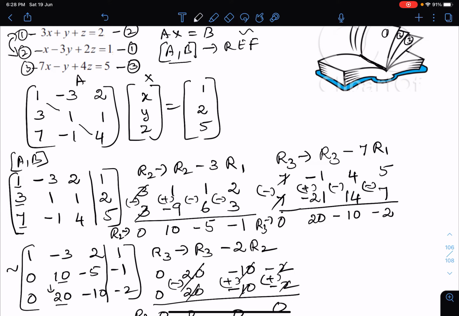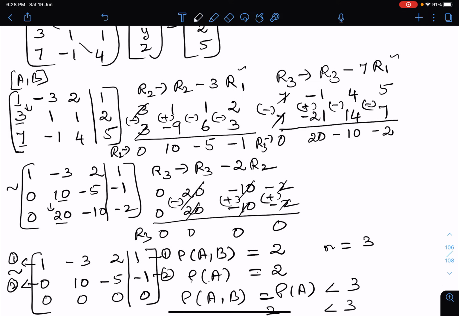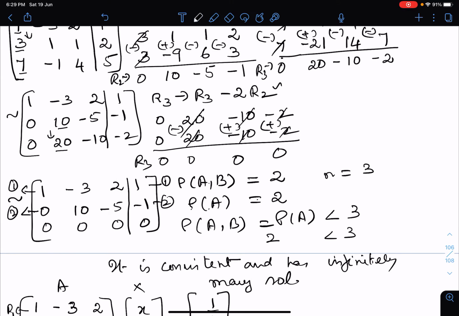Below this 1 you are going to bring these 2 elements to 0 in column 1, so you take the help of row 1, subtracting from both the rows after multiplying with the corresponding numbers. And this is going to be our equivalent matrix. Then we come to the second column, where you reduce this 20 to 0 below 10, taking the help of row 2 as I have given in the hint.